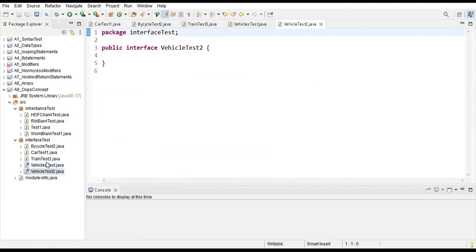Vehicle test 2. We can see here that when I'm creating an interface, it shows a small icon like I, which means that it is an interface. Here we'll declare some methods such as